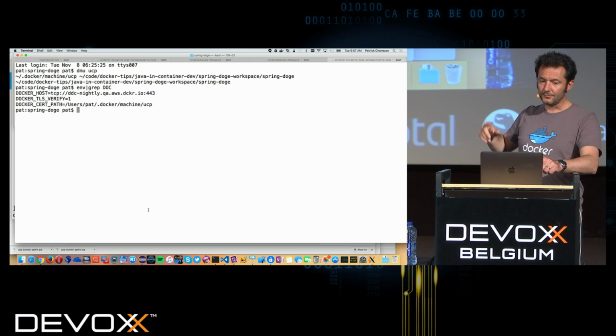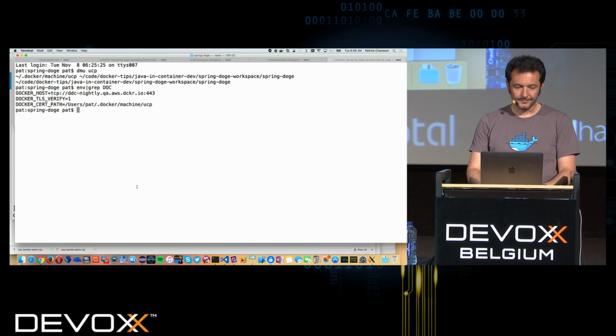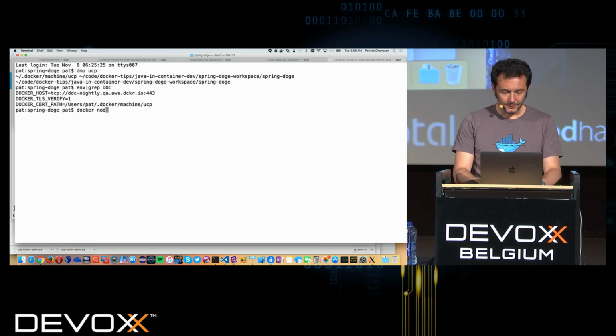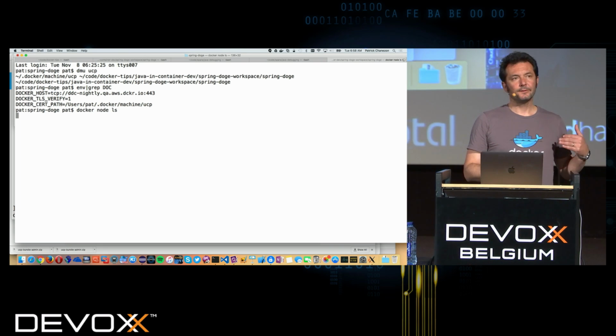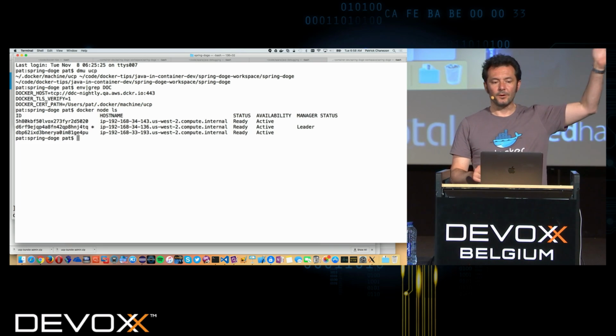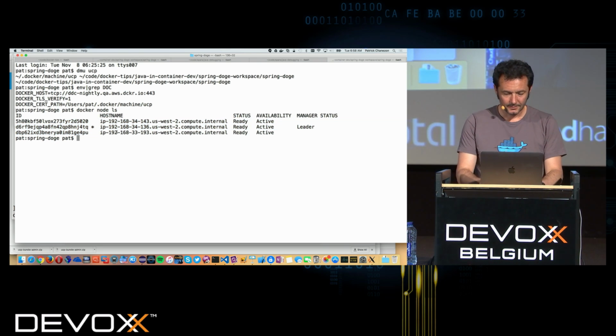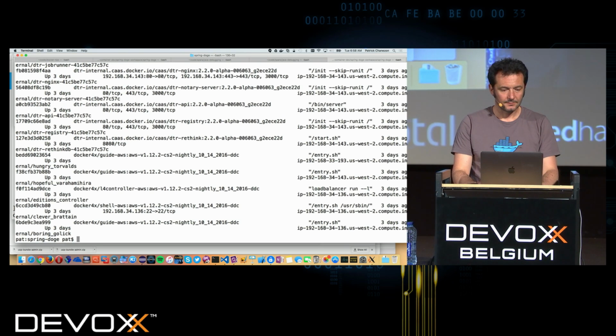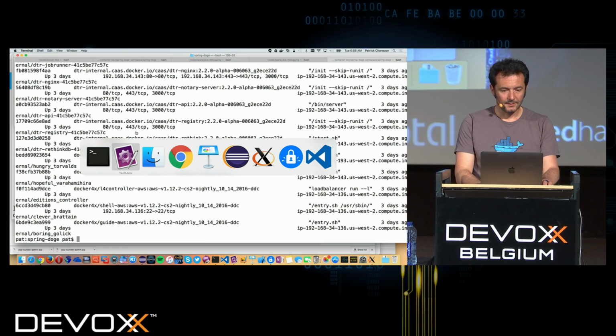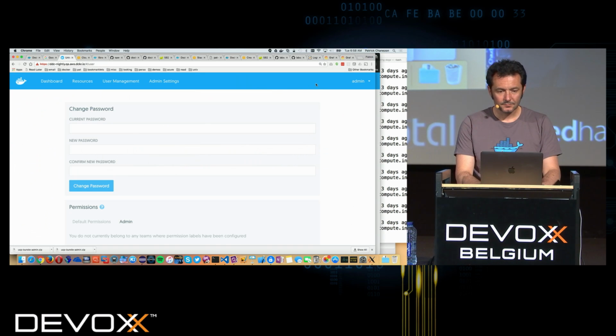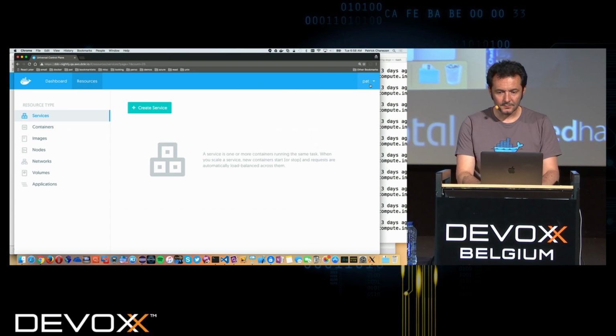TLS verify equals 1 and the certs are in there. So when I do a docker node ls, now I should see that I'm targeting the swarm on AWS that's running DDC in there. And so if I do a docker ps in there, I can see everything.